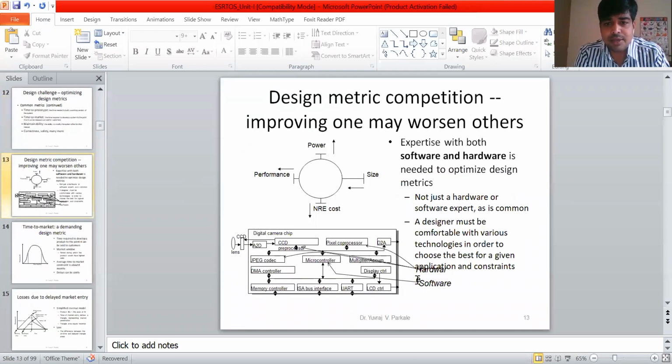This is the block diagram of your digital camera, and inside it there are different processors or different blocks. First is the A to D converter, then CCD, then pixel coprocessor, D2A, then you have the microcontroller, JPEG codec, DMA controller, memory controller, UART, LCD.